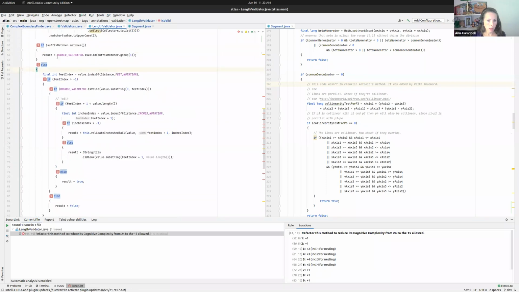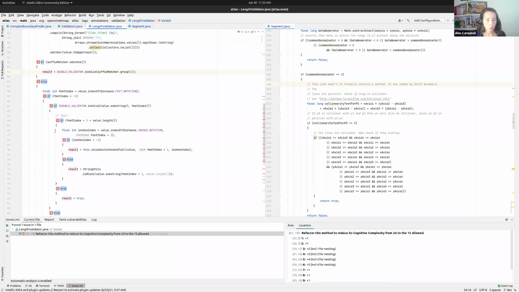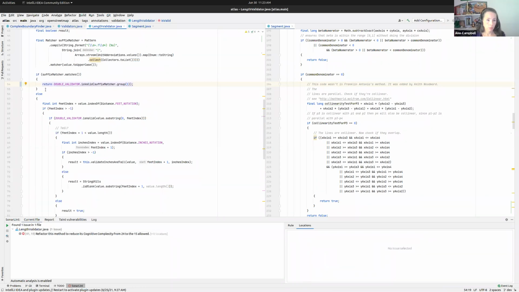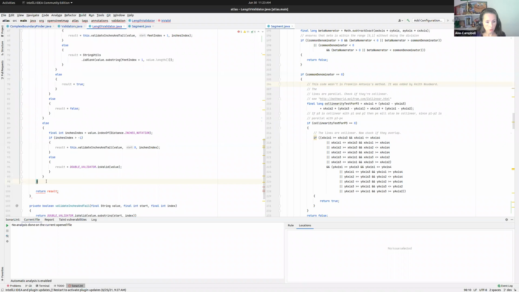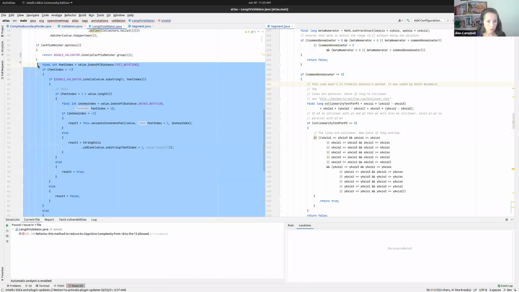So let me come back here. If this condition, set result, and then we return the result. Okay, so why don't we go ahead and return the result instead of setting it? So return. All right, so now if the condition is met, I'm going to return. So I leave the method. That means that I no longer need this else clause to guard the rest of this logic. So let me clean up the curly braces, outdent this,